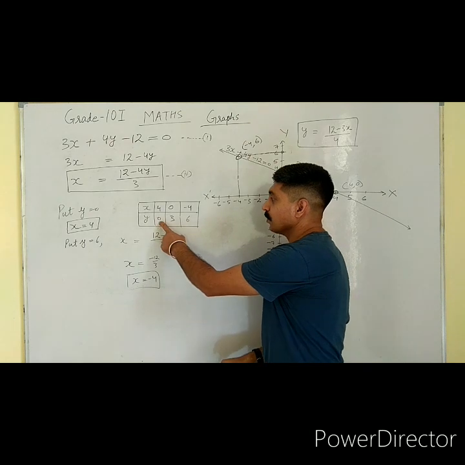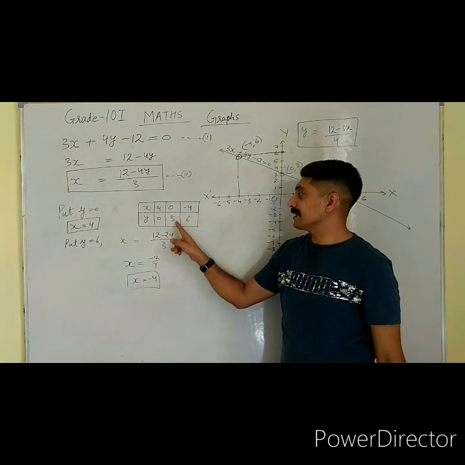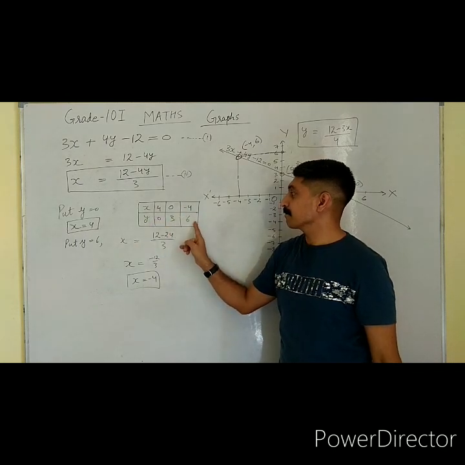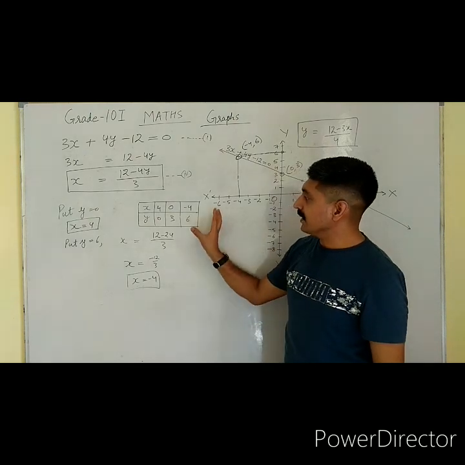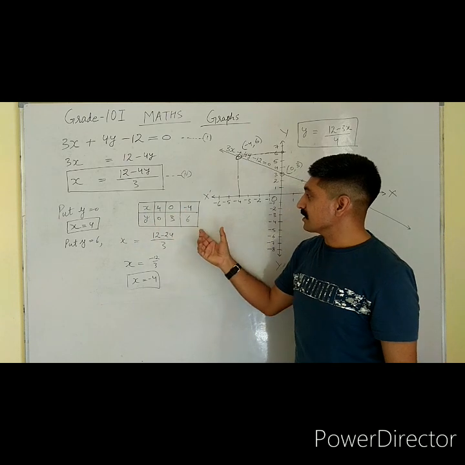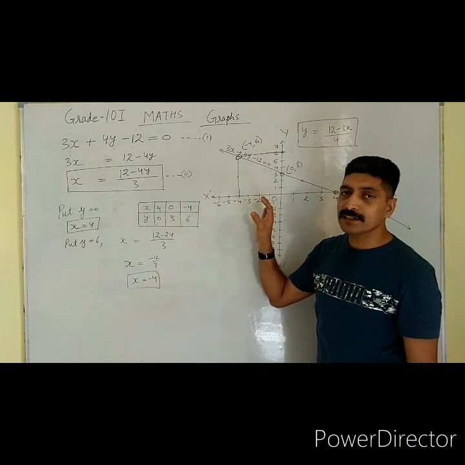Substituting first 0, we are getting x is 4. Substituting the value of y 3, we are getting x 0. Substituting 6, we get minus 4. We are generally taking integers, not fractions, so that we can easily represent